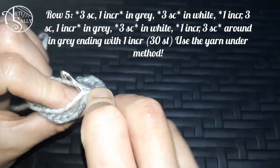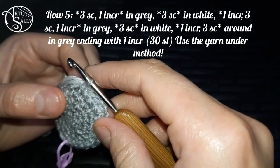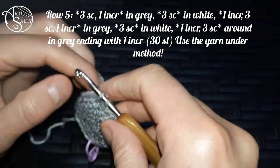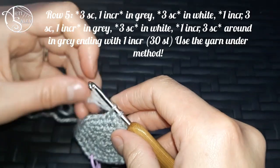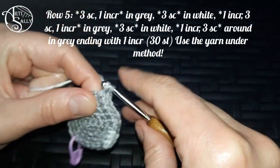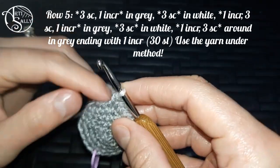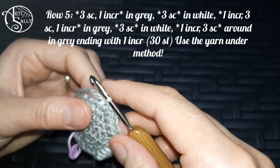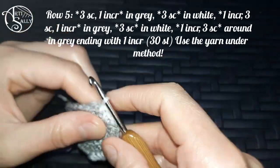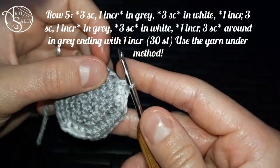So we finish up the gray with an increase, and then we change our color in the last stitch in white. And then you put 3 single crochets in white once more, so 1 single crochet in each of the following 3 stitches. And in the 3rd stitch you finish it off with gray,